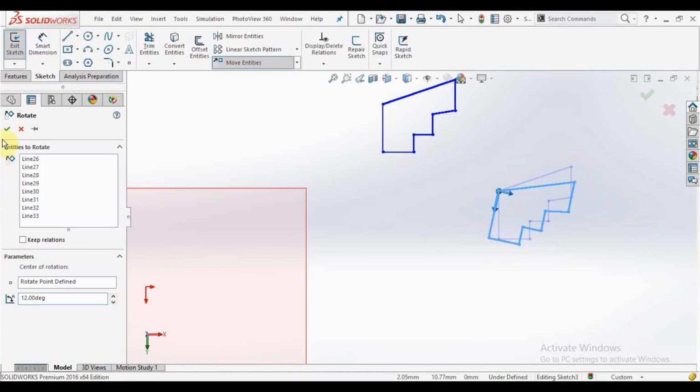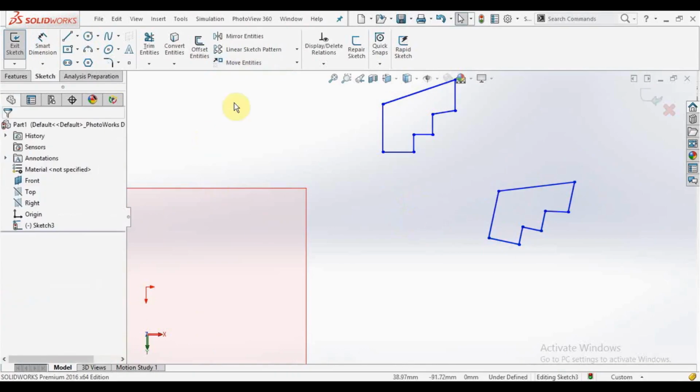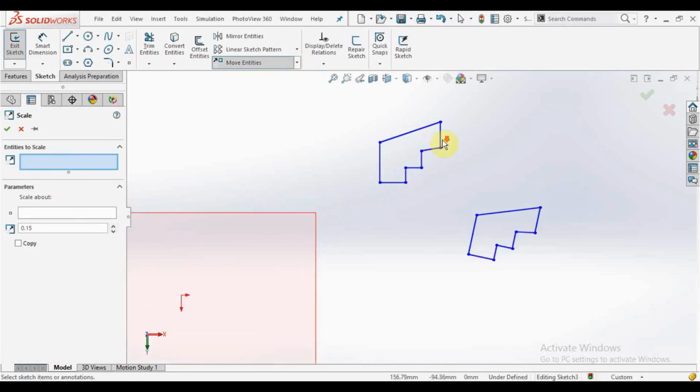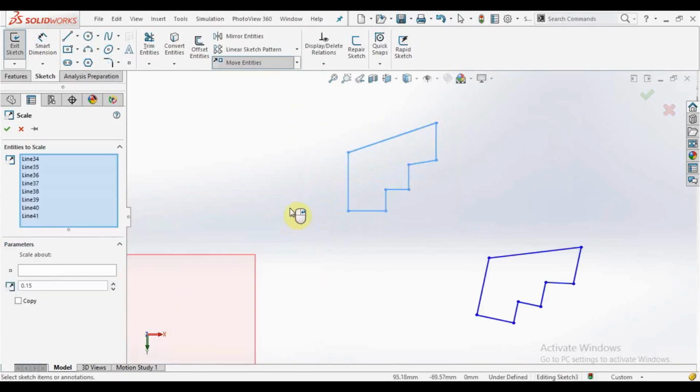Okay, so next topic is scale entity. So select the scale entity command, select the scale and select your sketch. Let's say I want to scale my entity to this point, and here you can see your scale factor. Suppose I select 1, so it will create my original sketch.